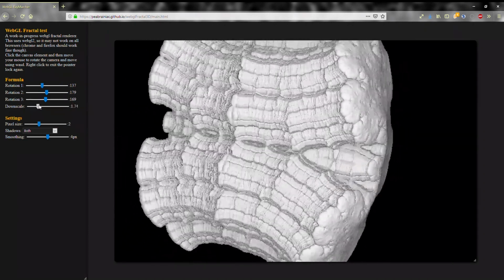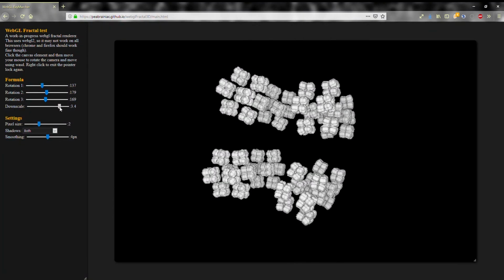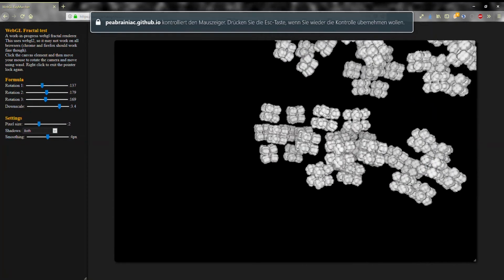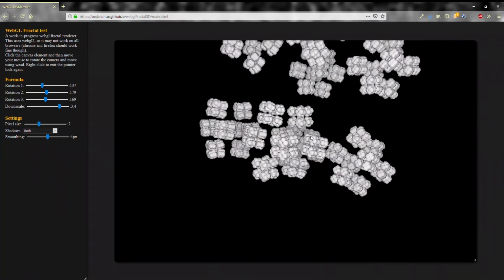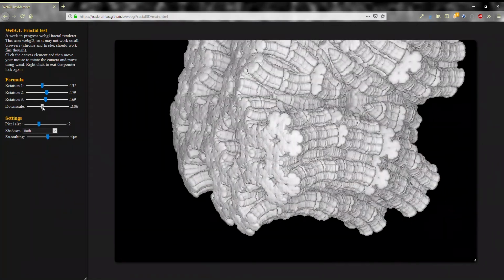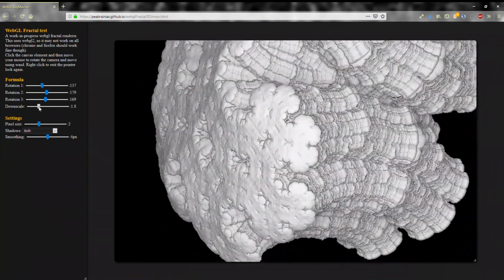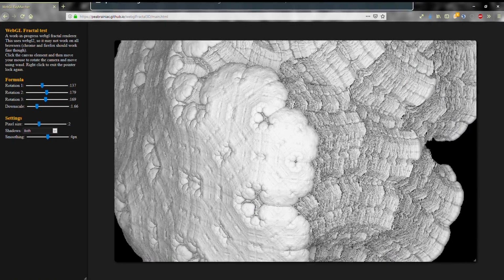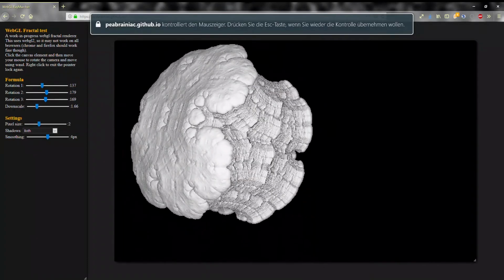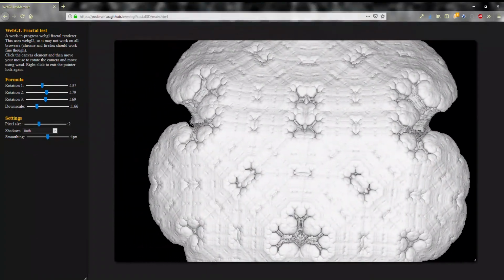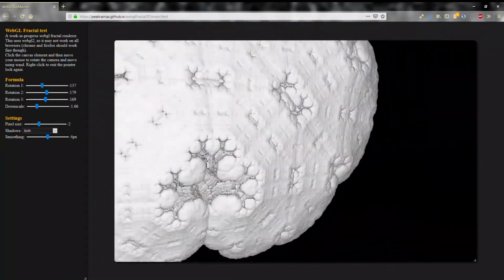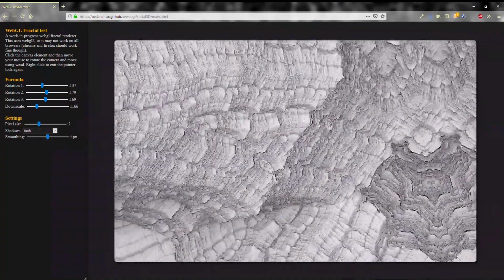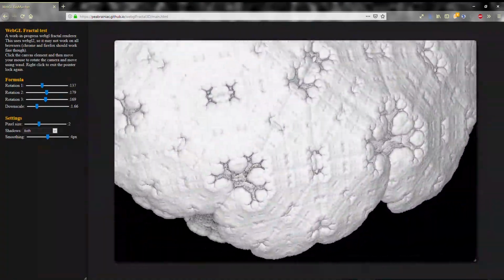Also if I change the scale towards something really big, then these cubes basically get scaled down a lot each iteration, so they form a disconnected set. But if I change the scale to something smaller, they get scaled down a lot less, and that way grow together and form a continuous structure like this one. That looks interesting.